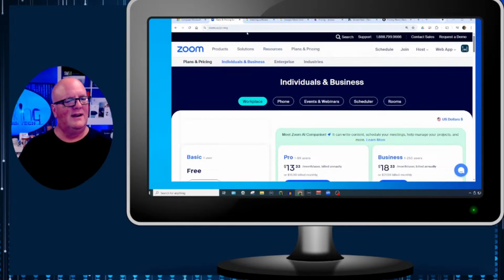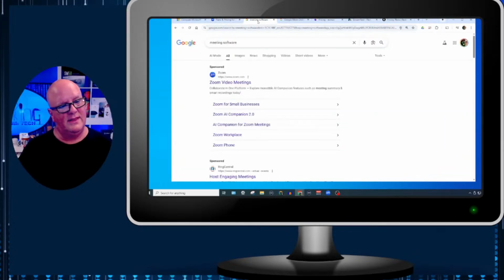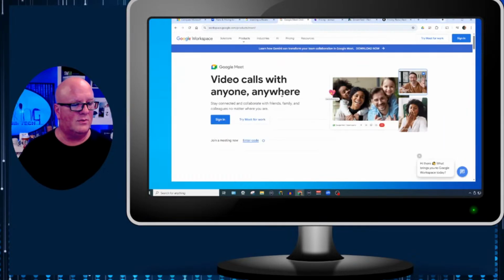So, all right. So we have Microsoft Teams, then we went to Zoom, and then other meeting software would be something like Google Meet. If you have a Gmail account, you already have this product. Most of these cut off on a free account. They cut off after a certain amount of time, like an hour usually, I think, if I'm not mistaken.